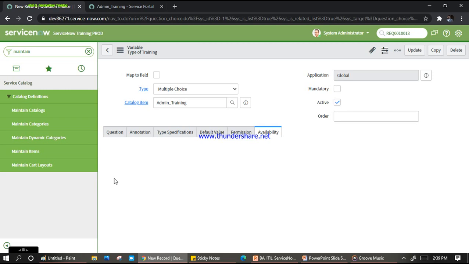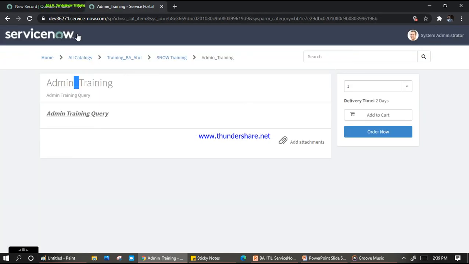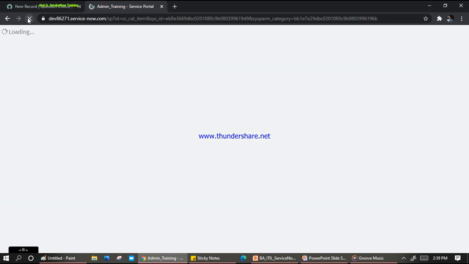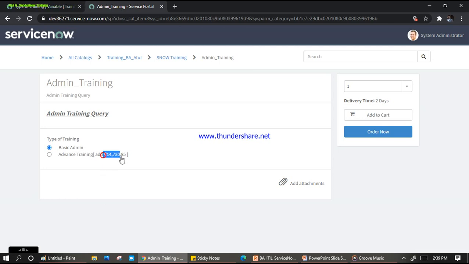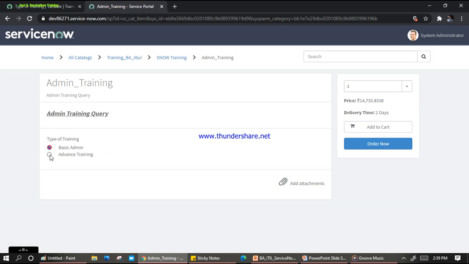Okay, this has been done. Now let's reload our page and see what happened to my catalog item. So now you can see the amount is coming here, right? Basic and advanced, and if I click on advanced, its costing is this.